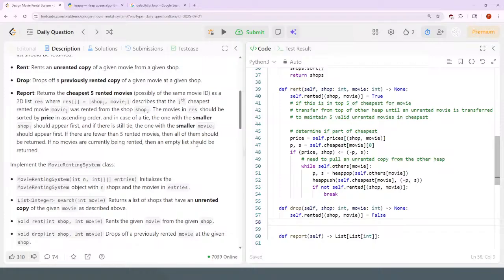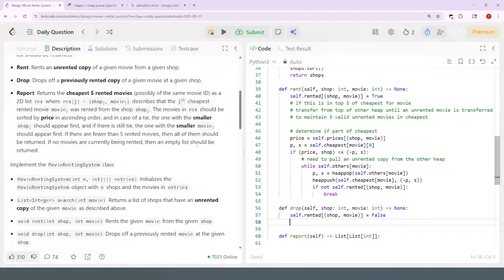What does this mean? So if you drop off something that is within the cheapest stuff, that might mean that the cheapest heap has now 6 items. So I need to move things from the cheapest heap to the other heap